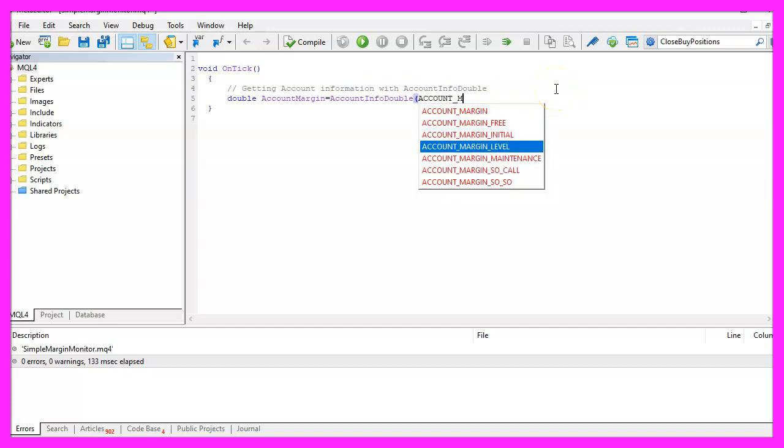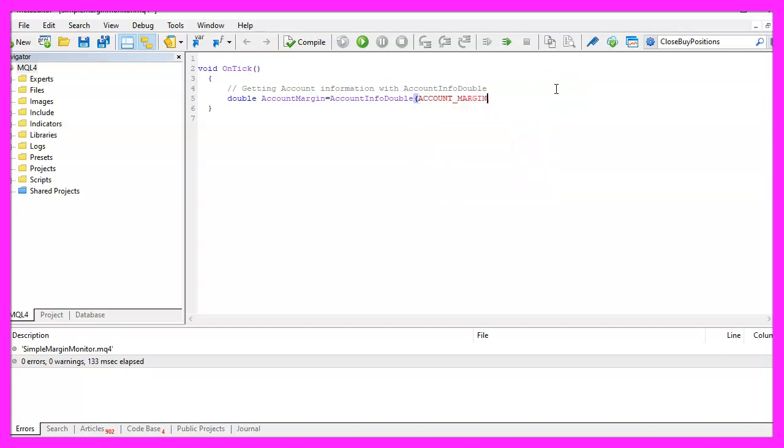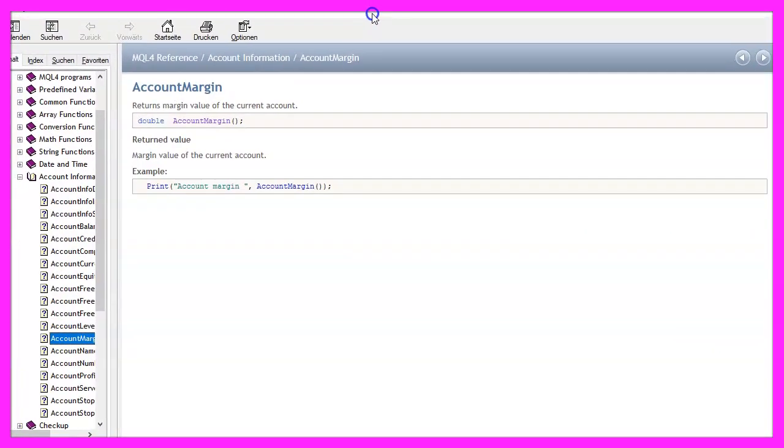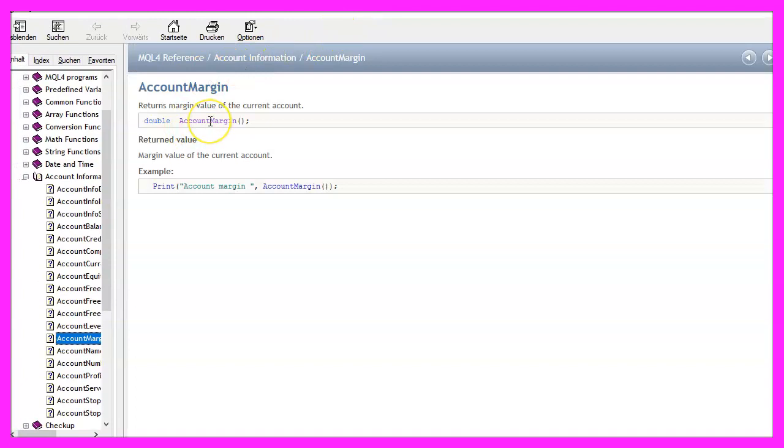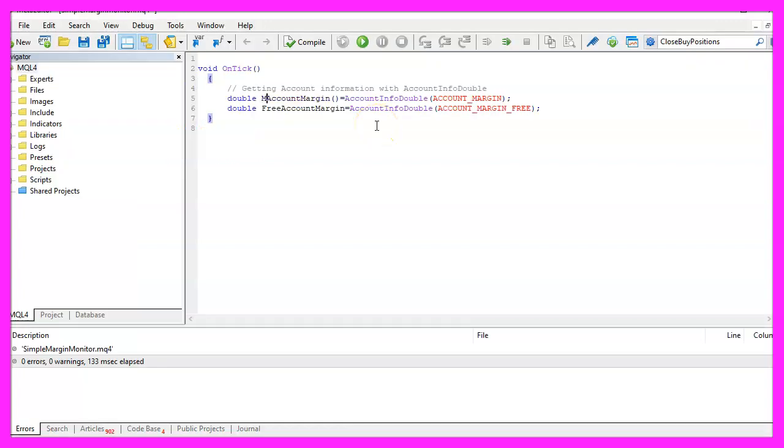And as you see, there are lots of more entries here. The procedure is the same for each of the property values. So let's repeat that for the free margin. And now you can see that this term here has a different color than this one. That is because the old way to get those values in MQL4 included a function that was called AccountMargin. So let's change that to MyAccountMargin, and now it's black.